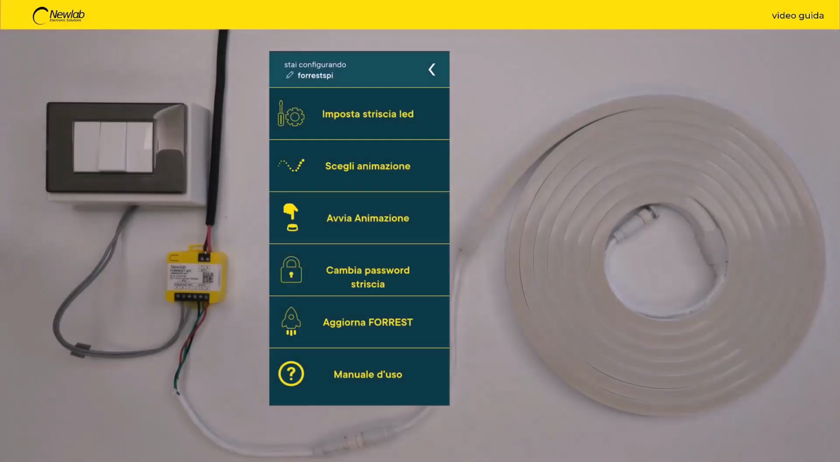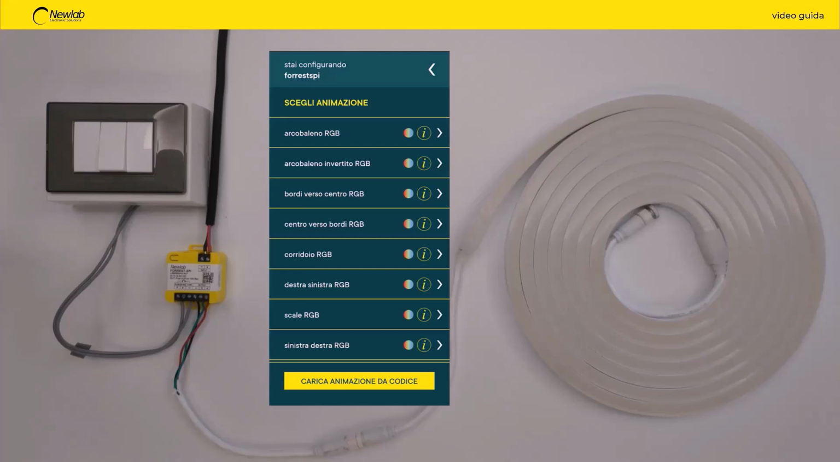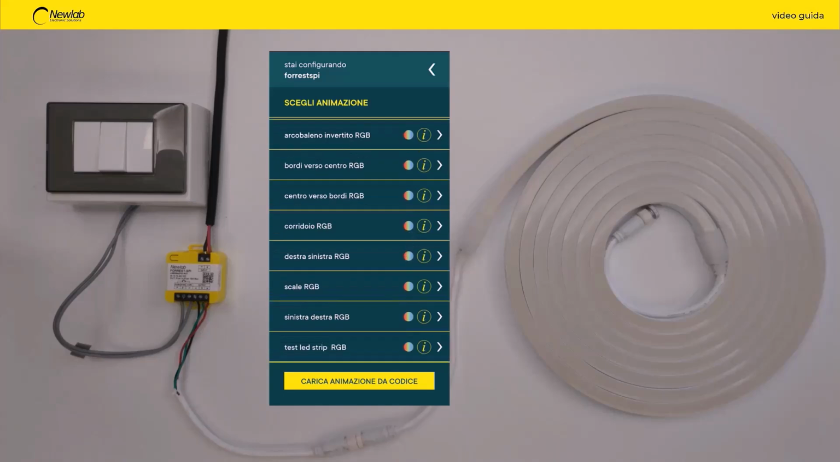Choosing animation. Once the LED strip parameters have been configured, from the main menu press the Choose Animation button. A list containing all shows available on the Newlab cloud will appear. Each show is editable via parameters such as timing and colors. New shows produced by Newlab will automatically appear in the list and will immediately be available for use on your